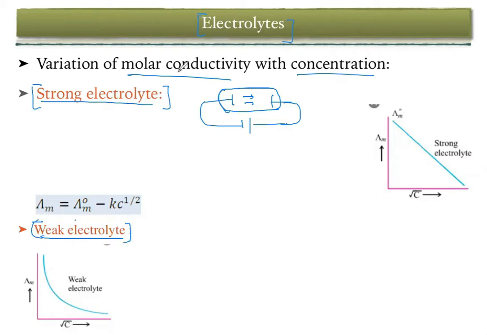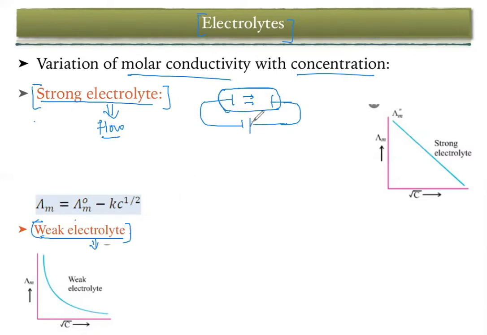As we know, conductivity is nothing but the flow. So we are talking about this conductivity, which is nothing but your flow. If the ions can flow easily, that means we can say there is more conductivity. If the ions cannot flow very easily, we will say that there is weak conductivity or weak molar conductivity.